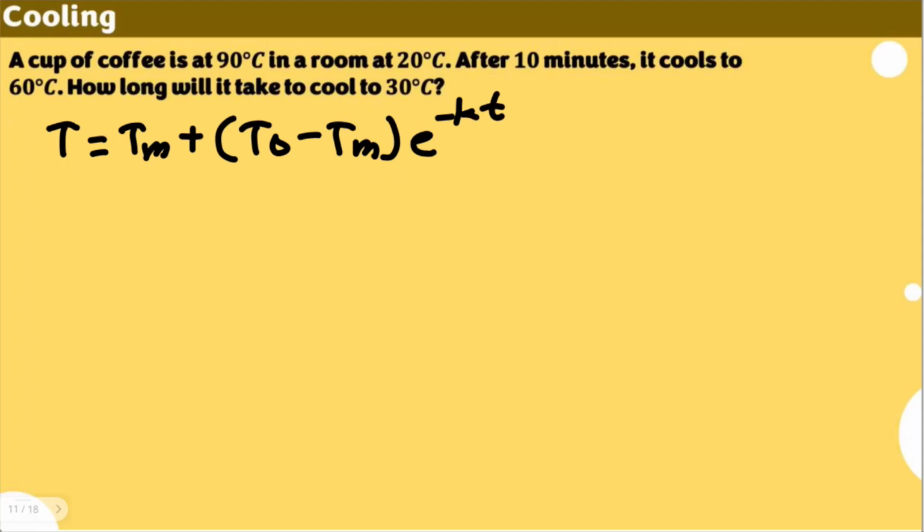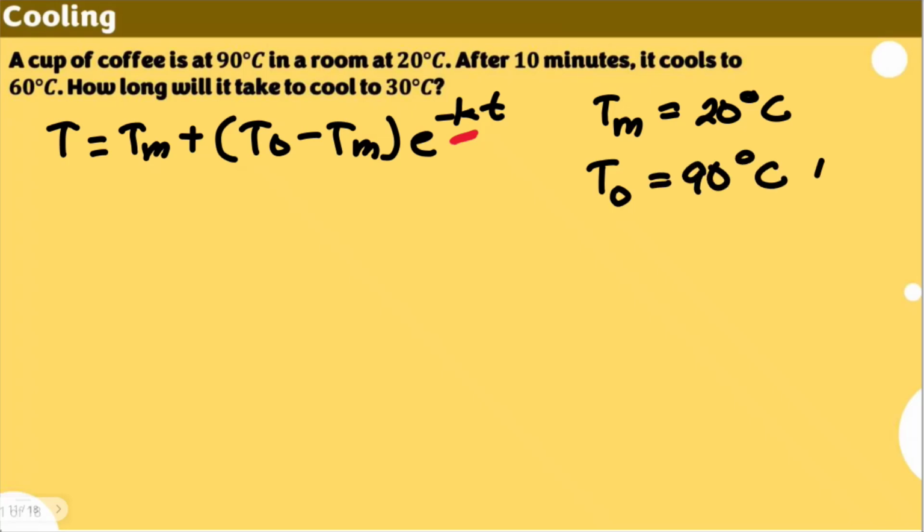Okay, so we're going to plug in all the items here, and the first task is to identify the value of k in order for us to solve for the time in the specific situation. Because k stands for the constant of proportionality, it's true for all the situations in this problem. Let's find the given first. Our T sub m is the ambient temperature, or the room temperature, 20 degrees Celsius. Originally, you bought a cup of coffee initially at 90 degrees Celsius. That's your initial temperature at time 0.